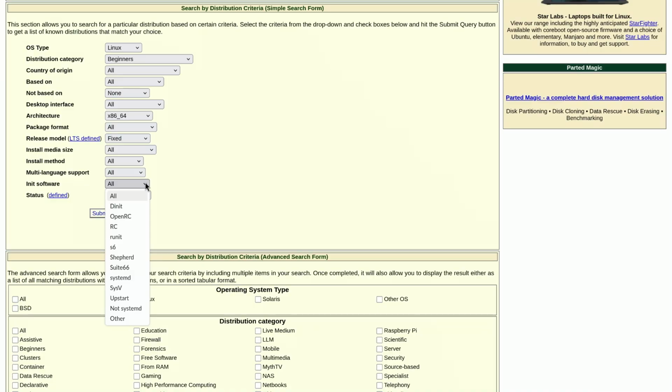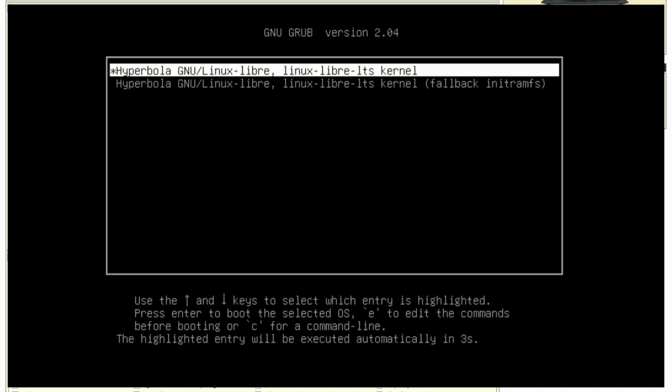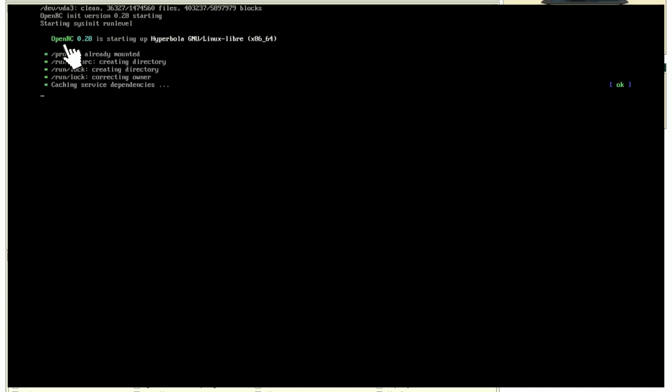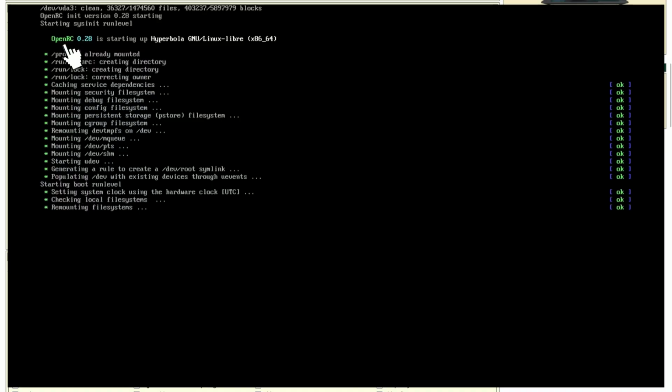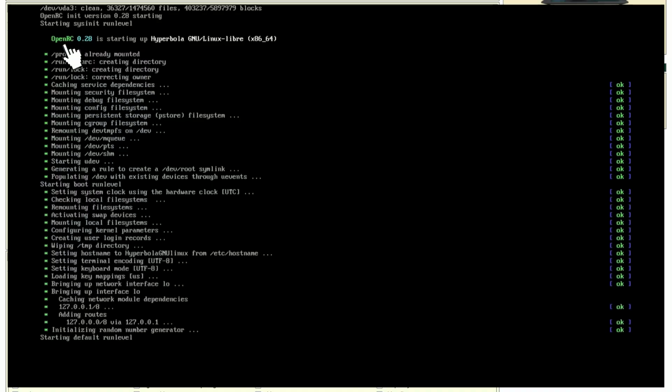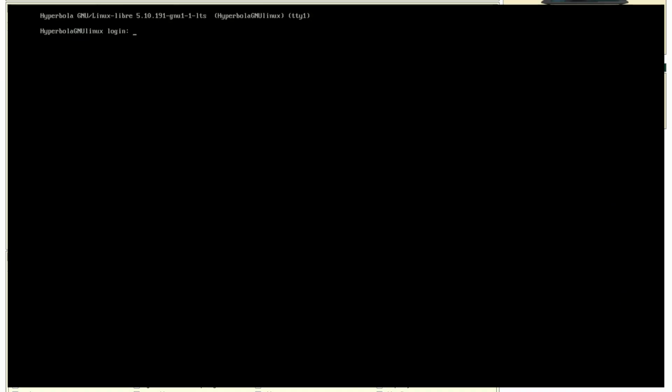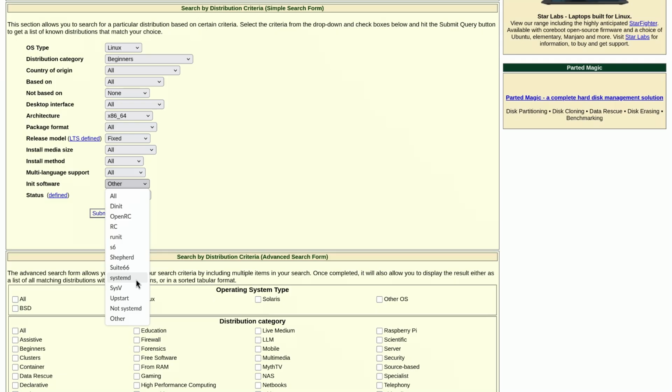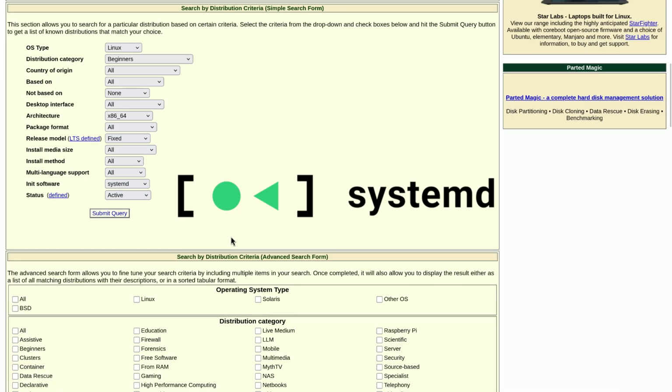Our second last criteria is init software. And like number 6, this is pretty much technical too. Actually, init software is the first thing that starts in a GNU Linux operating system when you press the power button and boot up your computer. It manages all the services, processes, and overall system state. Systemd is by far the most common init software in modern Linux distros.